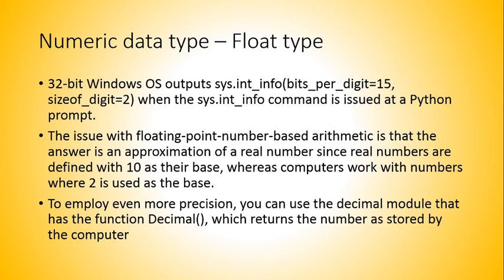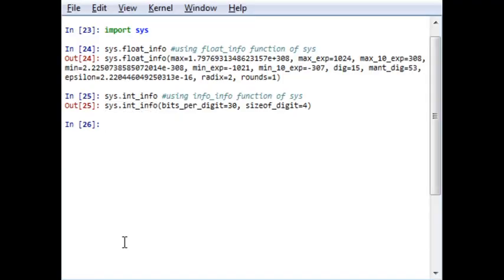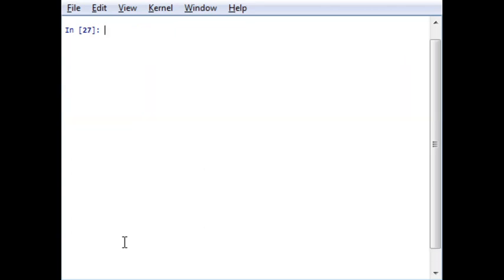So you have to see how this works. Let us show you. First of all, let us clear this command window. For example, now I have to use the decimal function. So from decimal I have to import the decimal function. This decimal function is used to return a number in stored format. So now I can directly use decimal, and I have to write 0.123. For example, this is my command.